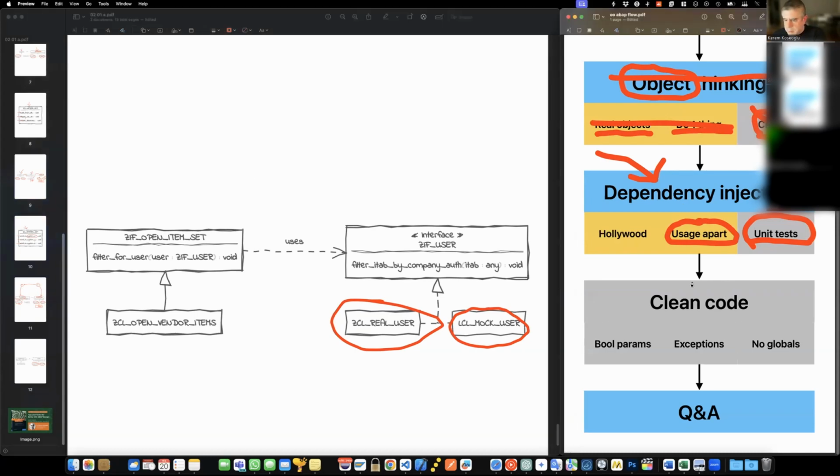So unfortunately, because I'm out of time, I have to skip this clean code part completely, which was optional anyway, but you can find it in my blog post. There I have explained this, and it is an easier topic. Therefore, I did not want to spend too much time on it. That's why I left it out as an optional topic.